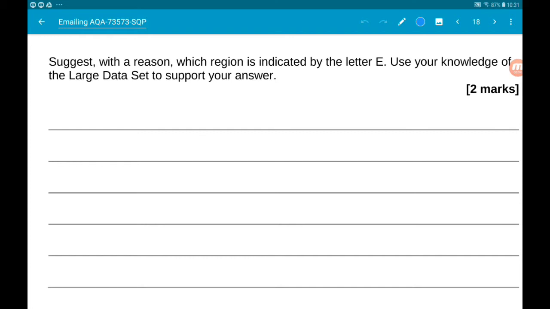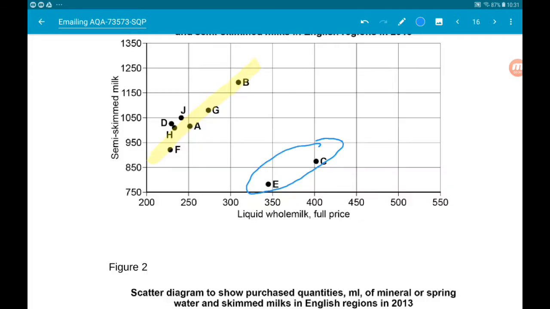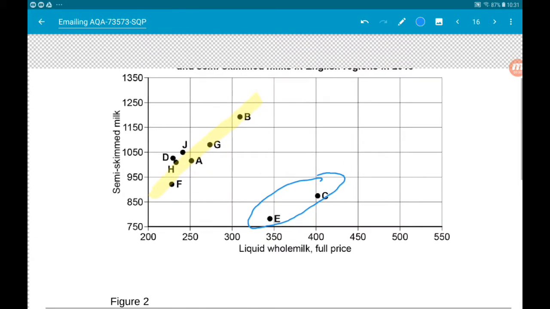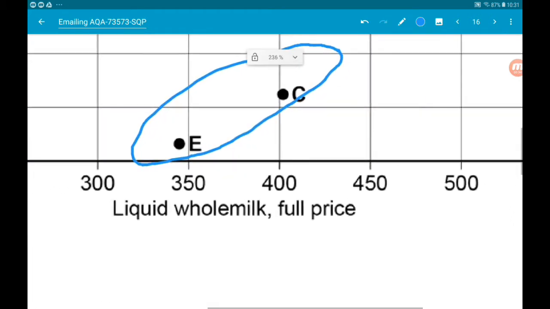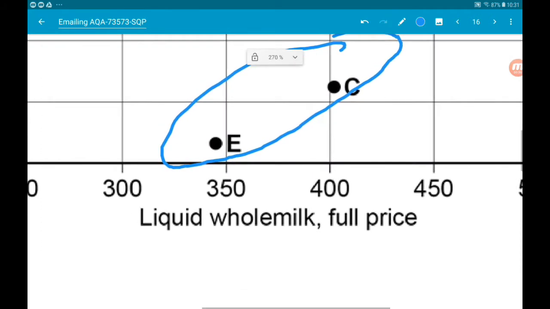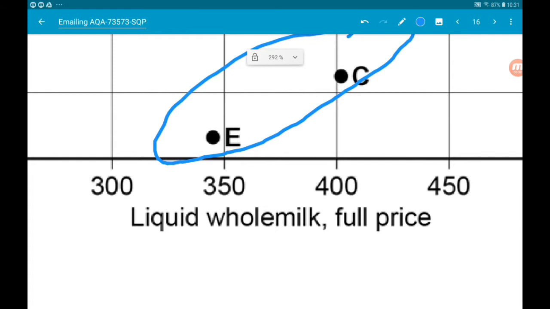So, we need to go then to the large data set. But let's have a look at one of the graphs as to where E is. So, using figure 1, we can see that the value for liquid whole milk for E is just less than